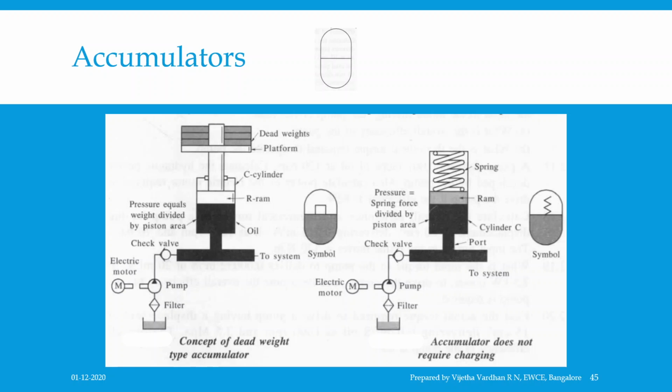There will be a variation in the pressure of the oil in the accumulator, reaching a peak when the spring is compressed completely and dropping to a minimum as the spring extends to full length. And this type cannot be used for high cycle rate applications, as the spring will lose its elasticity due to